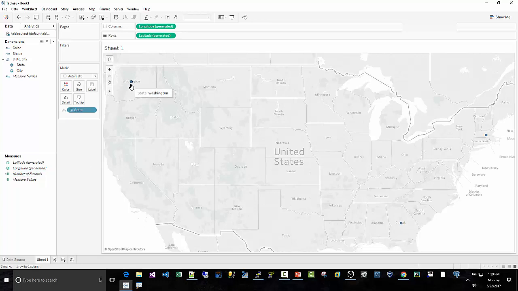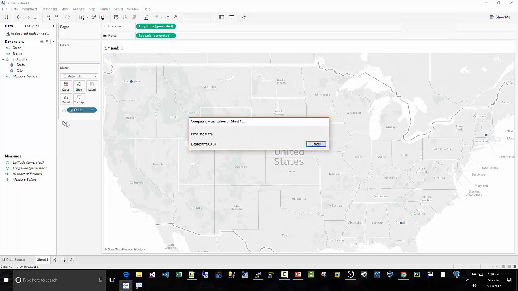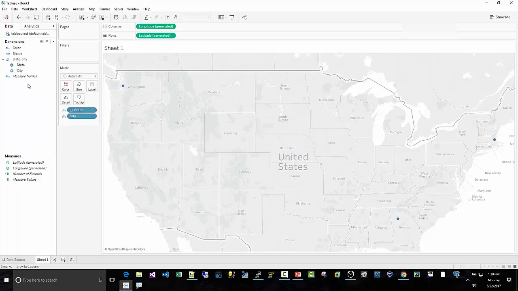So there we go, we got Washington. I just clicked the plus so I can get this. You can see it's not super optimized here. Why don't I take color and drop that into the color,